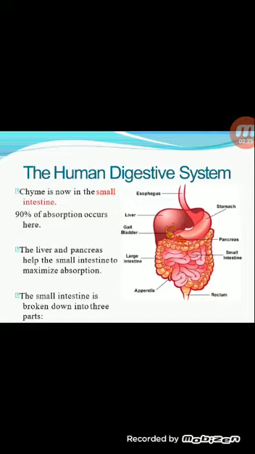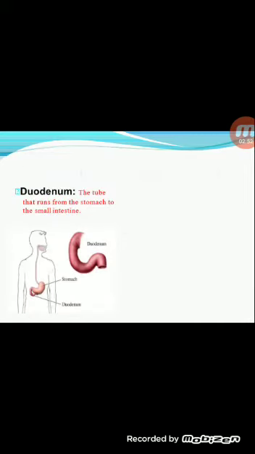So now we discussed in the last session up to the stomach part. Now we need to enter into the small intestine. See, are you able to see the pink color part? That is nothing but the small intestine. Generally, the small intestine has three parts. Okay, let us learn the first part now. Duodenum. Duodenum is nothing but a small tube or a small connector from the stomach to the small intestine. Why? Because the food has to enter from the stomach to the small intestine, right?